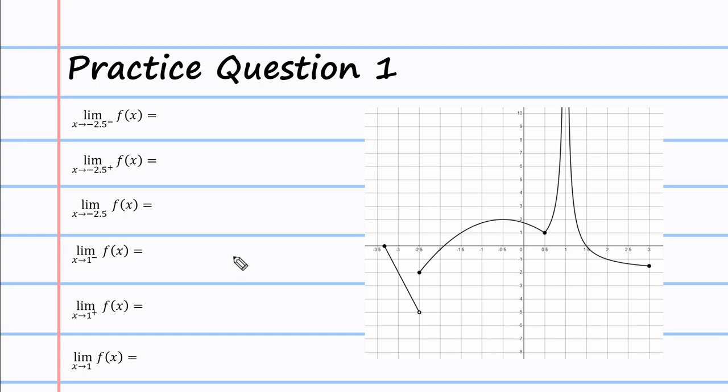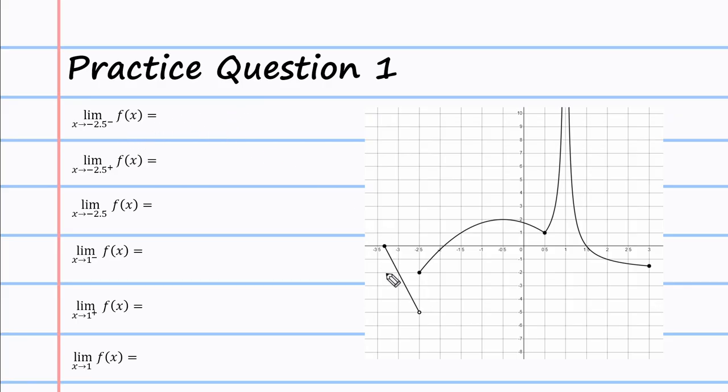All right, so now that we finished learning everything in this subchapter, it's a good idea to do some practice. So why don't you go pause this video and solve some of these questions? You ready? Okay, so the limit as x approaches negative 2.5 from the left-hand side of f of x equals,